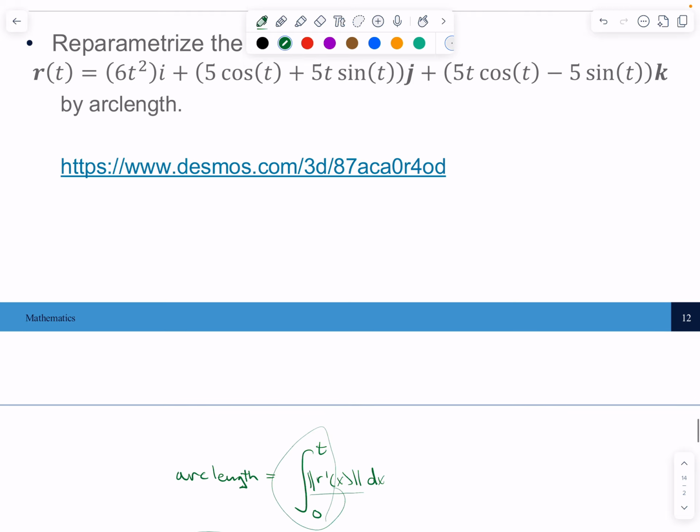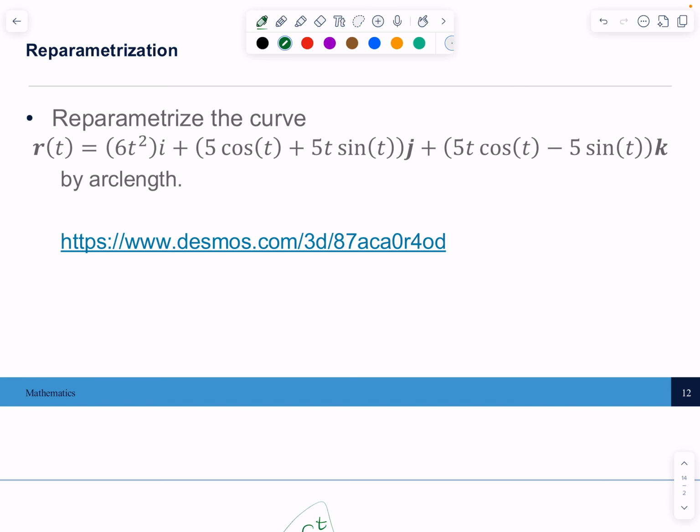Well, let's actually literally do this. Let's find the speed of this thing, and then we'll do the integral of that to get the arc length. Then we'll deal with the ramifications after that. But let's do those two steps. So first of all, r prime. And this is a bit of a pain. It's really not fun, but I'm going to do it with you here. So I've got 12t, so I'm just taking this r and doing the derivative. And then we've got -5 sine of t. Oh no, product rule. Plus 5 times,